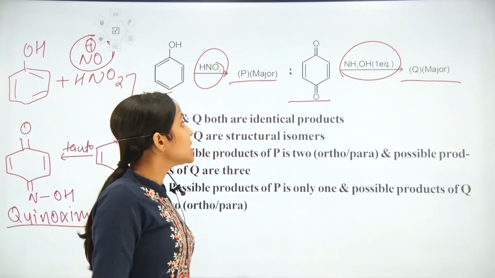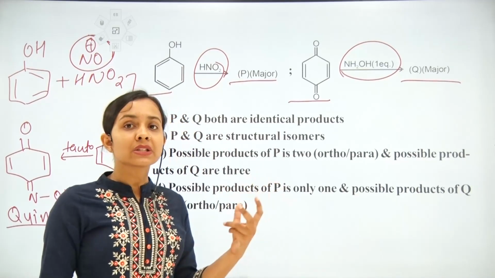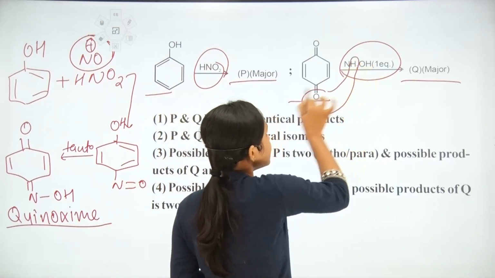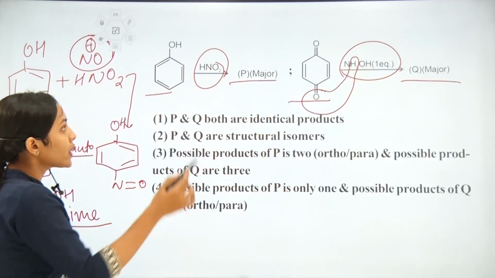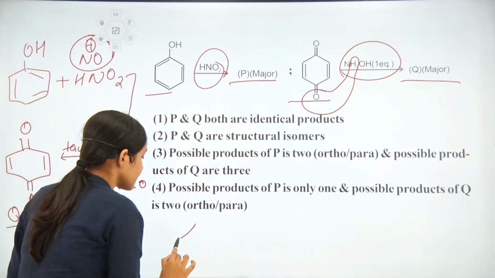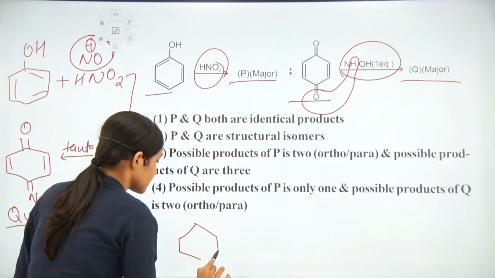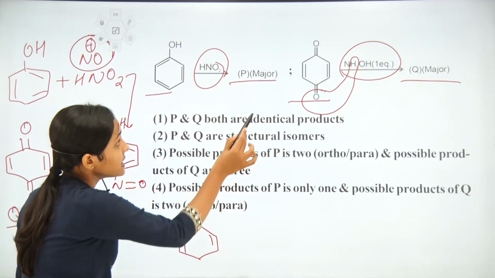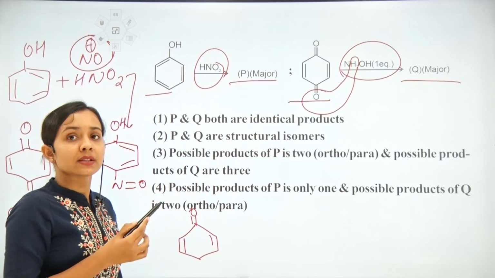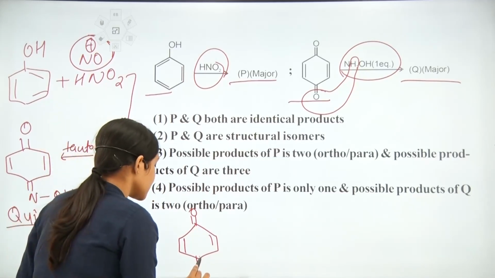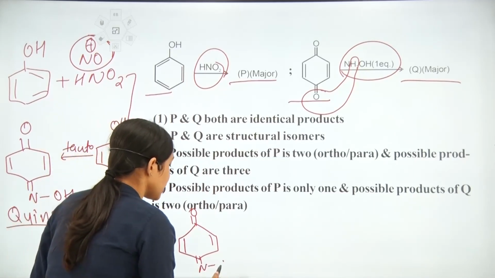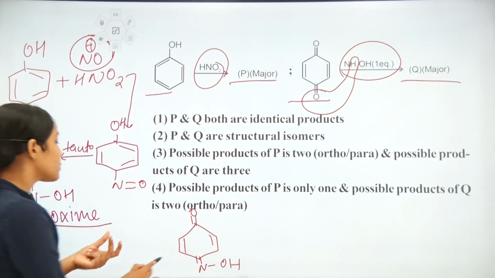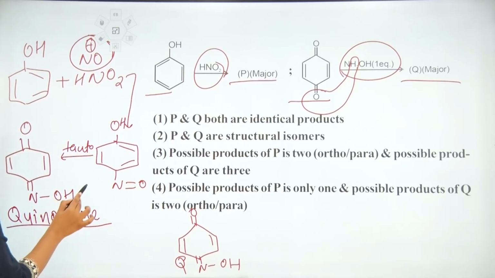Now in the second reaction, we have this benzoquinone, and this benzoquinone will react with hydroxylamine, right? So students, when this benzoquinone reacts with hydroxylamine, H2O is released, and we will obtain quinoxime again, like this. Here we have the double bond to O, this pi bond, and here the nitrogen atom is attached to the carbon atom with a double bond, C=N, and here OH is attached to this nitrogen atom, right? So we will obtain quinoxime.